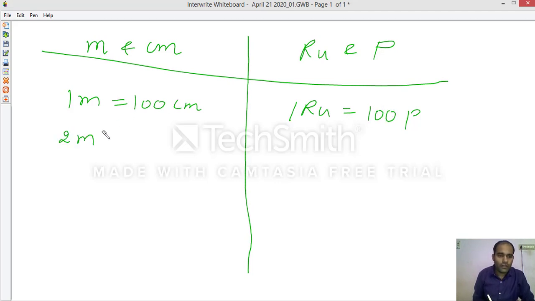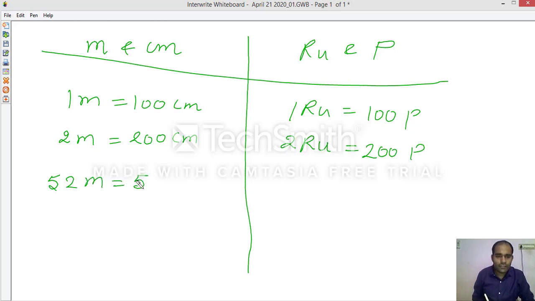If I want 2 meter equal to 200 centimeter. If I want 2 rupees into how much paisa? 2 rupees equals 200 paisa. If I want 52 meter, I will write 52 as it is.